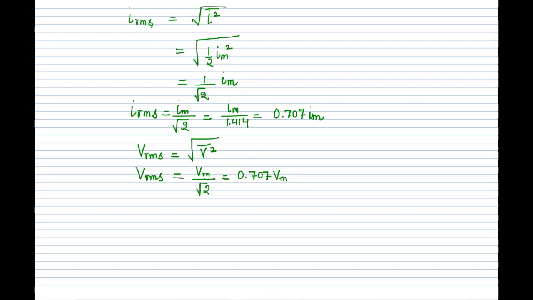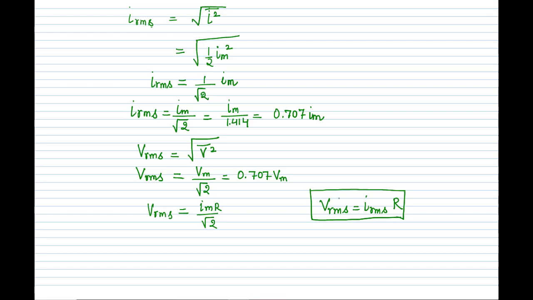And again use Ohm's law, V is equal to IR. So this is Im R upon root 2. If you compare this, our Irms is 1 upon root 2 Im and Vrms is Im upon root 2 R. So that means Vrms is equal to Irms into R. That means the root mean square values of voltage and current also follow Ohm's law. Vrms is equal to Irms R.